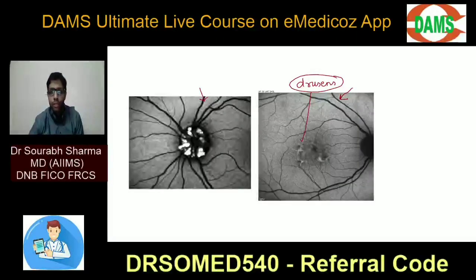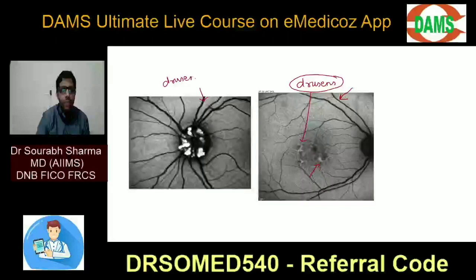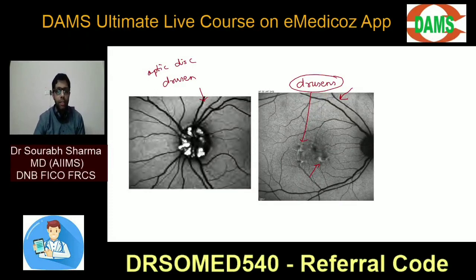These are drusen, small, white, in age-related macular degeneration. This is also drusen of the optic disc. Optic disc drusen. There are some calcific deposits, the hyaloid deposits, that can also be seen on autofluorescence. So drusen can be seen. Lipofuscin can also be seen. Drusen, one in optic disc drusen, one in age-related macular degeneration, which I have told you.